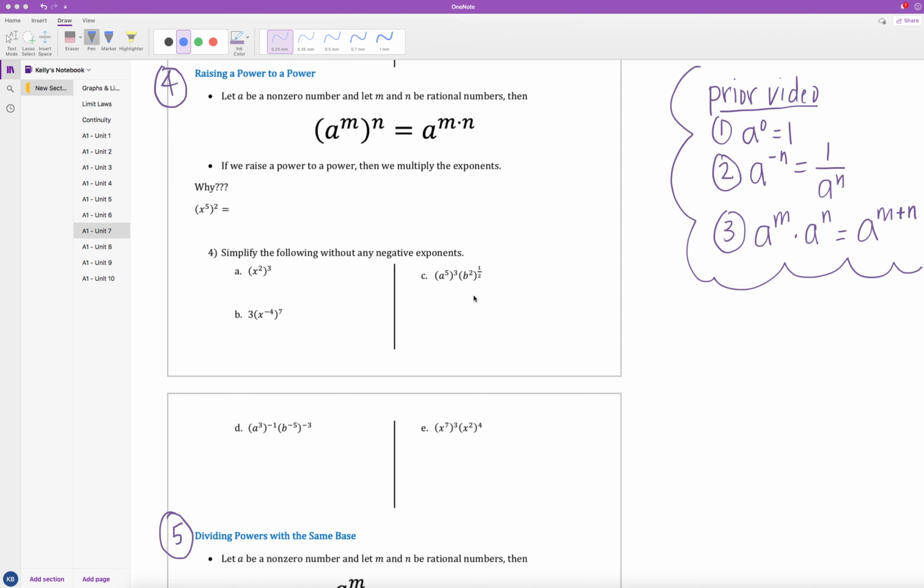Continuing on with Unit 7. This is the second video for Learning Target 7a, which is all about properties of exponents. So in the prior video, we talked about the first three properties of